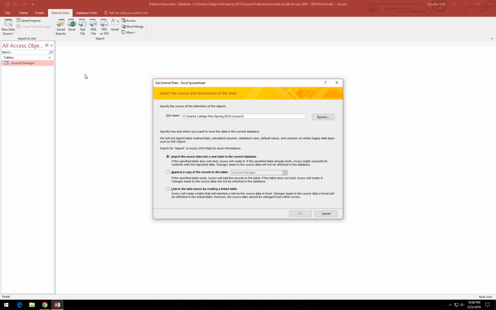Now, if your ribbon in Access looks just like the book, then what you'll do is just click the Excel link in the Import and Link section of the External Data tab. Okay, on mine I had to go through it a little bit differently because my ribbon looks a little bit different. Alright, so once you're in the Get External Data